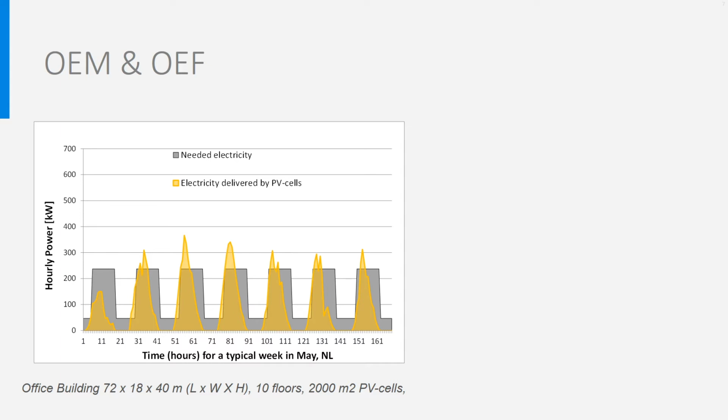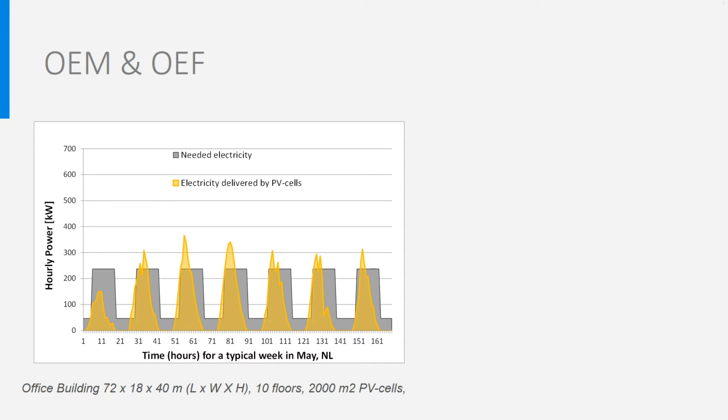Let's take a typical summer and winter week in the Netherlands with a typical electrical demand for lighting and appliances, estimated the same way as we did in the course Energy Demand in Buildings. In this example, it was a large office building with a total floor area of almost 13,000 square meters and on average 10 watt per square meter electricity need for appliances and 8 watt per square meter for lighting. At night there are still servers, some computers and lighting on, so the electricity demand is not zero.